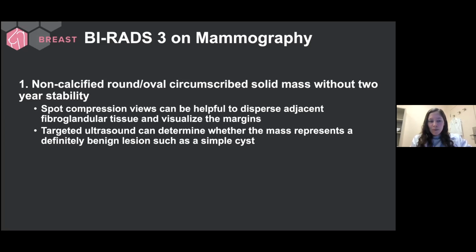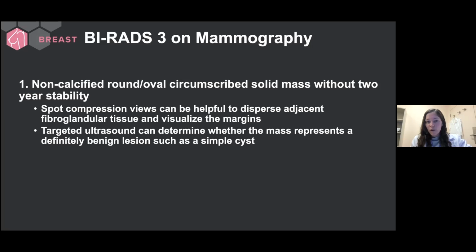As we showed, those spot compression views can be really helpful to disperse adjacent fibroglandular tissue so that we can visualize the margins. We really want to be sure that the margin is circumscribed, and those spot compression views are very helpful for this. When we see a circumscribed mass on mammography, we will do a targeted ultrasound, and that's helpful because sometimes these masses represent a simple cyst or another benign etiology that we would be able to assess as a BI-RADS 2. So we really want to reserve the BI-RADS 3 for findings that don't have a definite